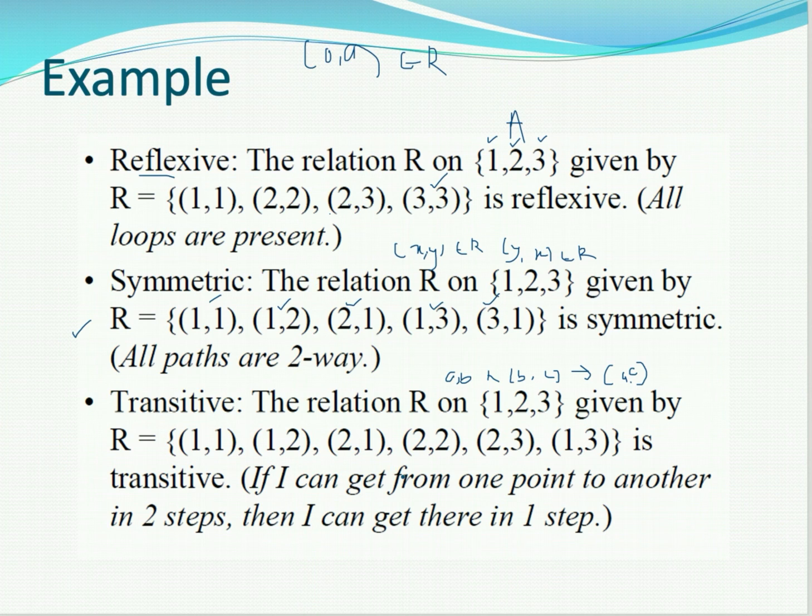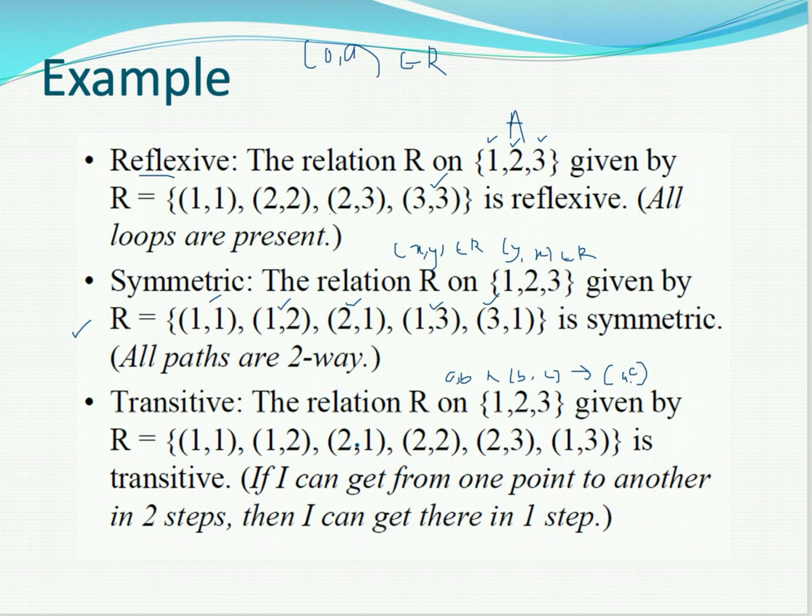Okay, so let's check. Let's say we have 1, 1, and then we have 1, 2. So we will have 1, 2 again. So AB, BC, AC, right? 1, 1, 1, 2, and then 1, 2. And then next, we have 1, 2, 2, 1, and then we have 1, 1 here. So this is AB, BC,